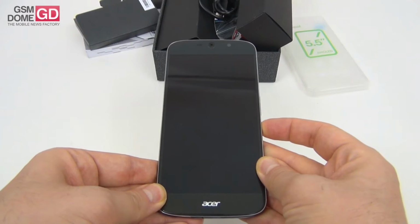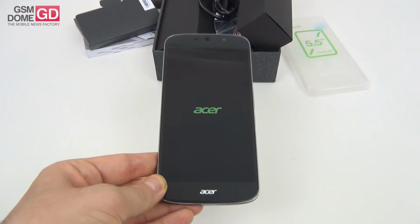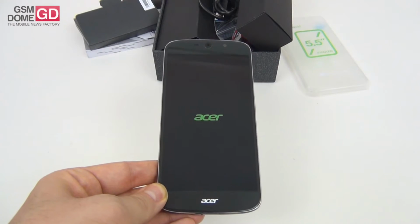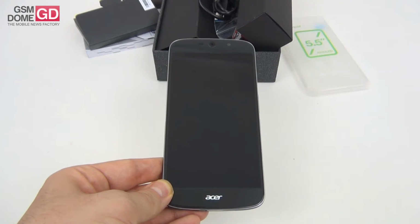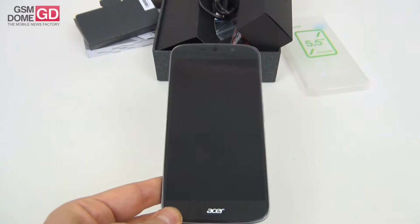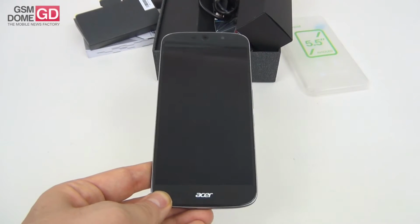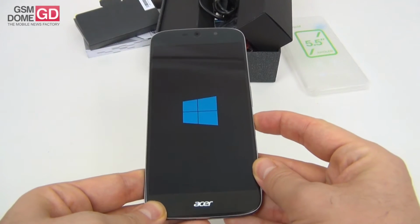This is the Acer Liquid Jade Primo. Acer is among the few companies that remain faithful to Microsoft in their Windows 10 mobile endeavor and generally in Windows 10. And we're dealing here with a handset that has an AMOLED screen, a 5.5 incher, and opts for a Snapdragon 808 processor. Runs Windows 10 mobile, has 32 GB of storage. It measures 8.4 millimeters in thickness and weighs 150 grams. It also has 3 GB of RAM, micro SD card slot, and a 21 megapixel back camera. And apparently it did not start properly, so